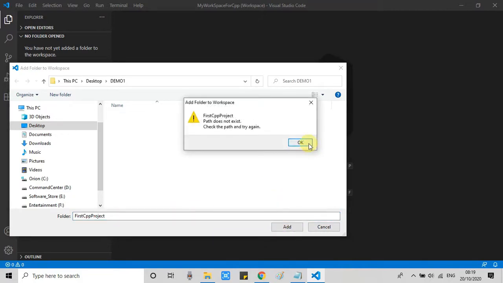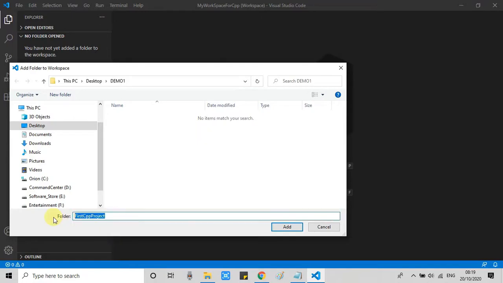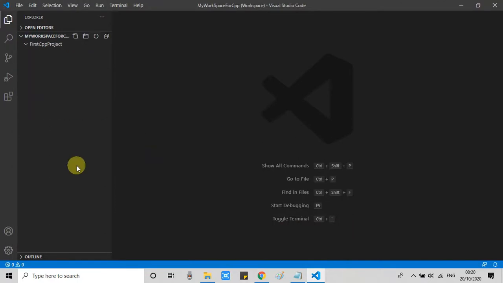Okay, so here I will create a new folder, then I will give a name, then I will select it. So whatever programs I am going to create right here will go inside this folder. Okay, my first CPP project folder is created and this is appearing on the left hand side explorer bar.